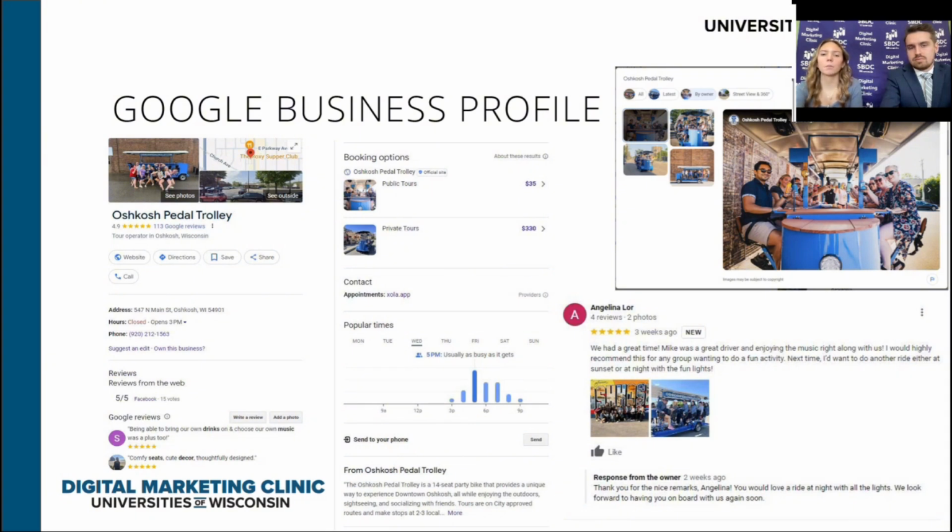One improvement that they could possibly make is their photos. They have a ton of user-generated content from people, which is really good, having fun on their trolley. However, they should have more content that is more valuable assets. So any professional photos that they have done, their locations, anything like that to show that more professional end as well.